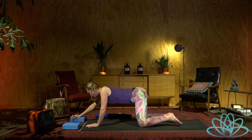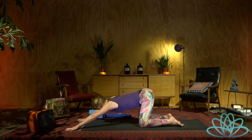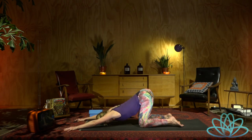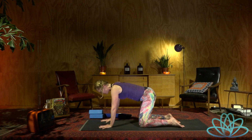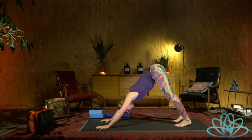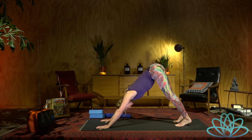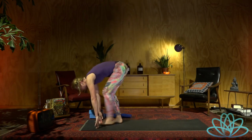Give yourself one more breath in this pose. And slowly come back up towards all fours, hands and knees. Tucking the toes and come back to downward facing dog. Bending the knees, look between your hands and slowly step your feet all the way to the front of your